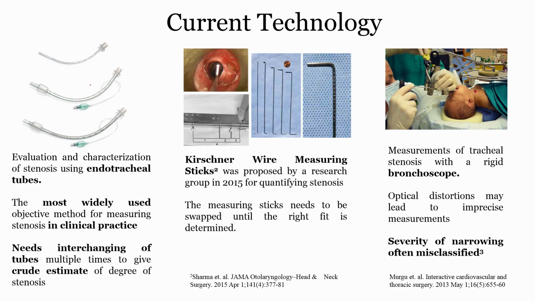This is the endotracheal tube that will be inserted into the patient who is on a ventilator. This is most widely used. How do you understand the size? This is a crude way to estimate based on the tube size. They estimate the trachea diameter of the patient, and the diameter changes with age. Again, it is gender dependent, male and female have different sizes. So, how do you determine the size of the patency or the trachea? Just by roughly inserting 2-3 tubes of multiple sizes, they estimate what the diameter would be, and this is a very crude way of estimating what the degree of stenosis could be.